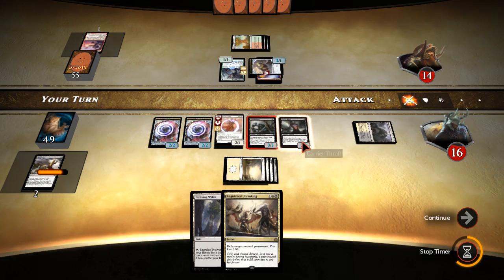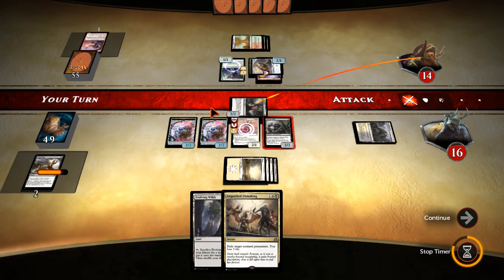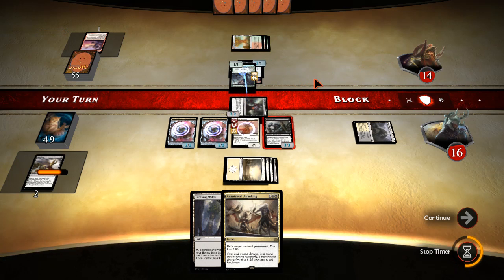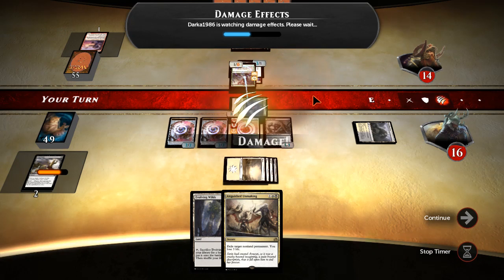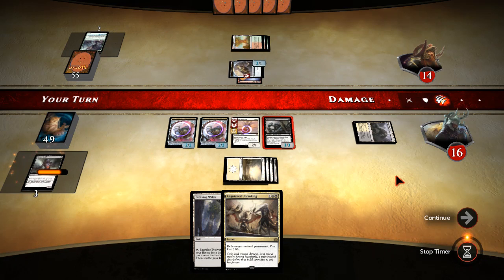I'm going to attack with the Carrier Thrall. We're not going to give him the Gnarlwood Dryad thing, because maybe if he... Wow, he's blocking like that. I am absolutely fine with that block. He was holding back Namtuka Husk with there, so now we get to...